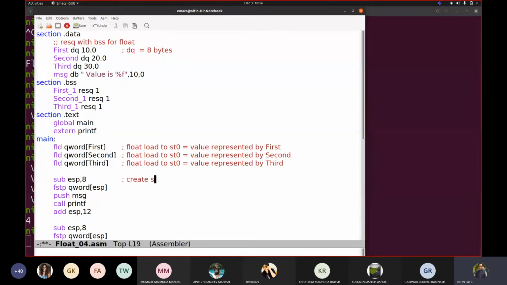Create space on the stack to store a float value, and that is the reason you write sub ESP, 8. Now what are you doing here?